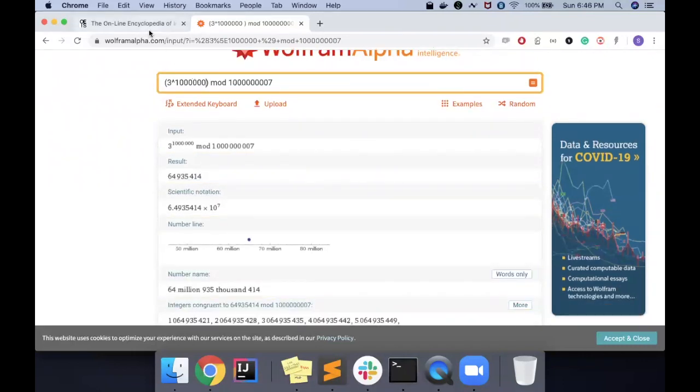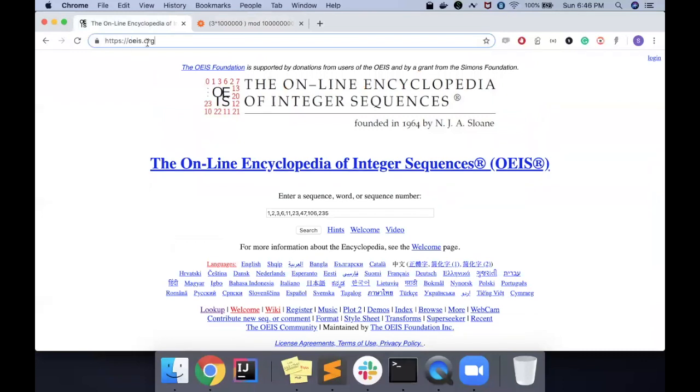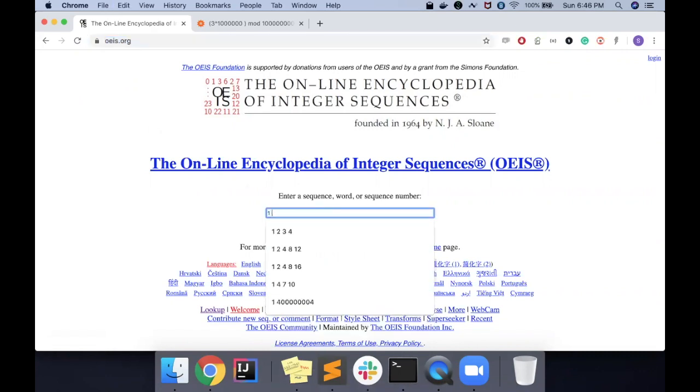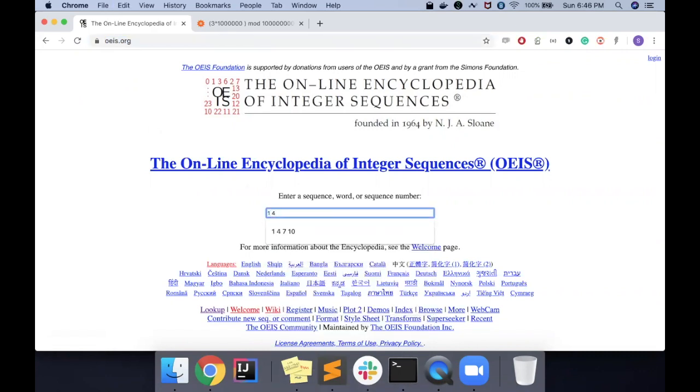Another trick I have opened is this website. I am just telling this to many college students. You can definitely use this. So one is OEIS.org. Sometimes in coding problems, the solutions are very simple. There might be a series following, and you can just directly get the formula. So you can just hit and trial. You can enter some numbers over here. Let's say you know the answer for 1, 4.